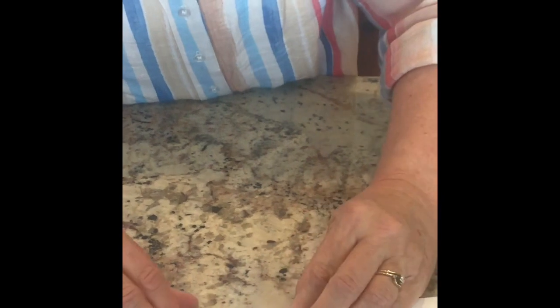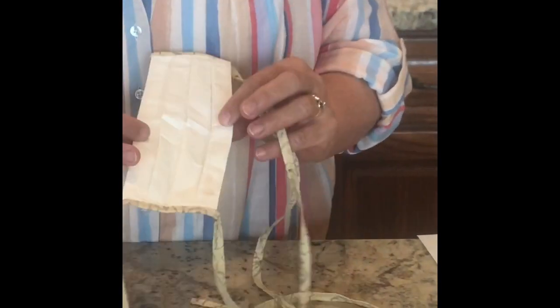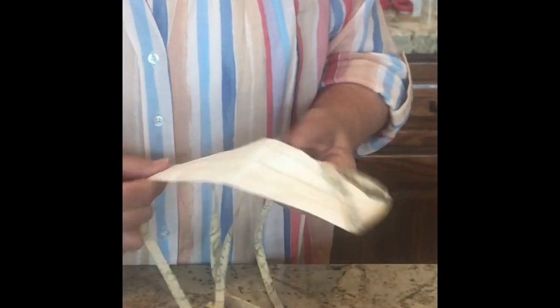We're trying to reduce that 8-inch width to about 3 inches. Then our bottom fold is also going to the inside, from the outside to the inside. And we do that so that it softens the edge, so there's not a sharp folded edge close to the skin. It also, if you were breathing into this for a long time and moisture were building up, would act as kind of a drip catcher if things were condensing. Okay, so that's our folded